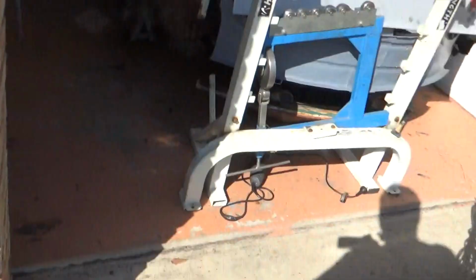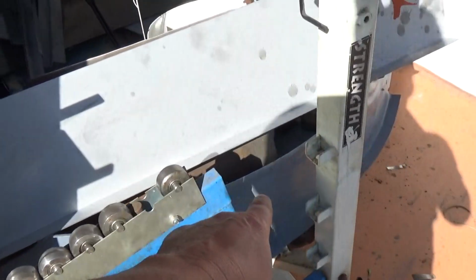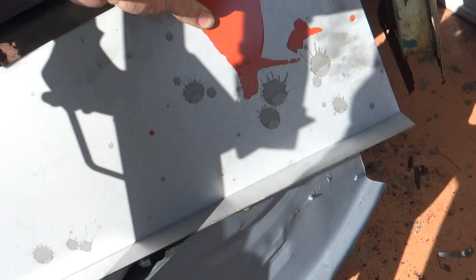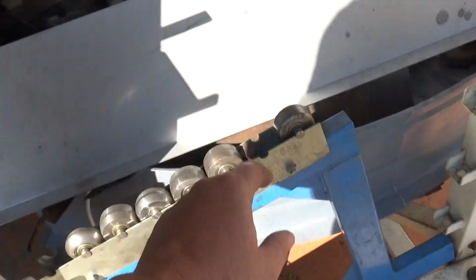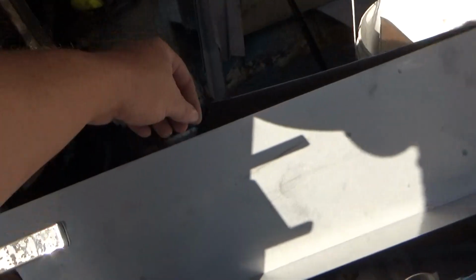But also, as you know, I've handmade all of these panels. So this front valance here, that's all handmade. It's exact. And the floor pan is made. You can't really see it right now, but that's all handmade. So this one here was another offcut as well. And that's going to be the inner valance down the bottom. And that's quite a thick metal. That's nearly 2 mil thick